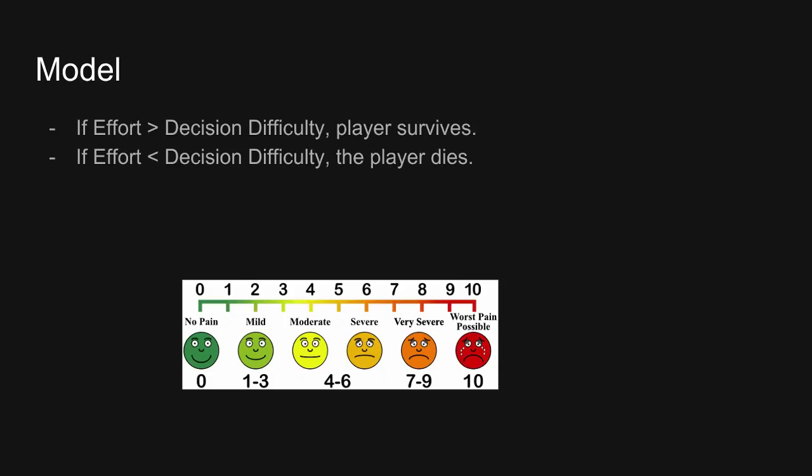And my qualifier for this decision model style is going to be as such: if your effort, so the mental effort that you put in, is greater numerically than the decision difficulty, your player will survive. And if your effort is less than the decision difficulty, the player dies. This is just a random image, but it's like your pain tolerance, I guess, how good you are at